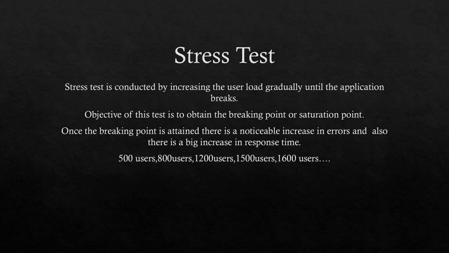As someone was asking in the previous example, how can Amazon or some website manage the Big Billion Day or something? They do these stress tests for their servers. There will be so many servers for them. For all of them, they will do these stress tests and identify the peak point it can handle, and based on that, they'll handle those requests.